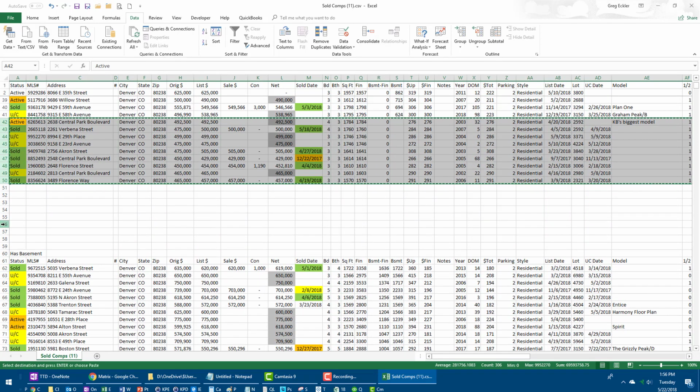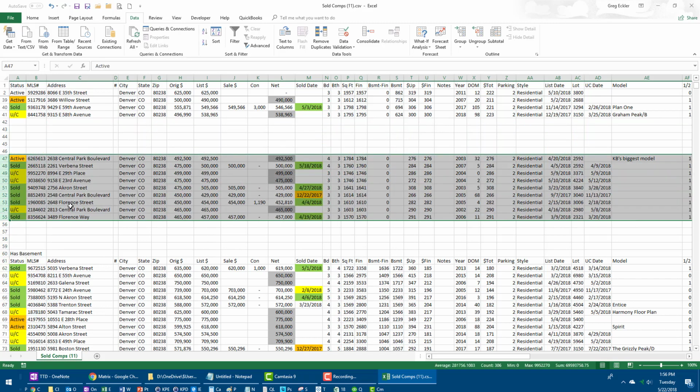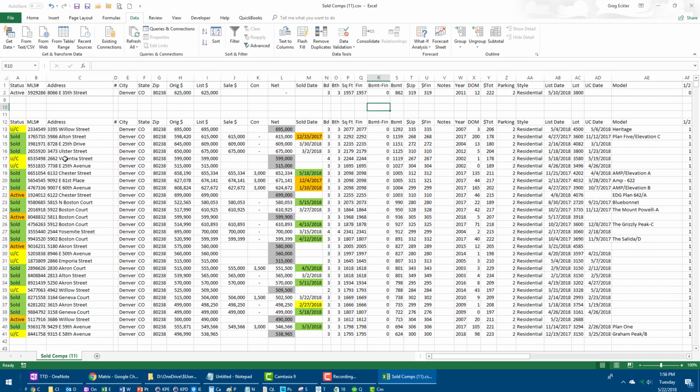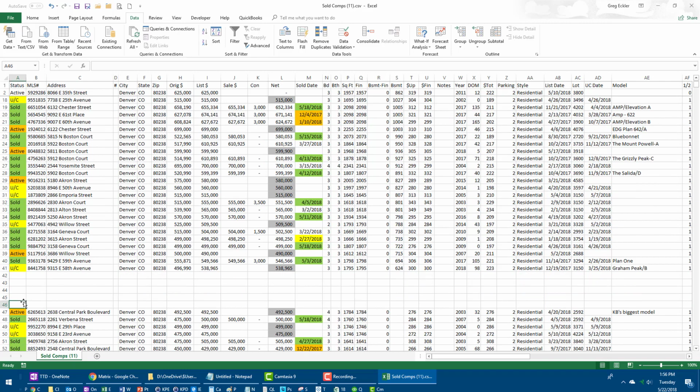And I don't value basement square feet as high as above ground. So these are dramatically bigger basements, 50% bigger, kind of in this range. I'm not going to care about that yet. I want to get down to where I can make adjustments and look at things like that. So after all that,